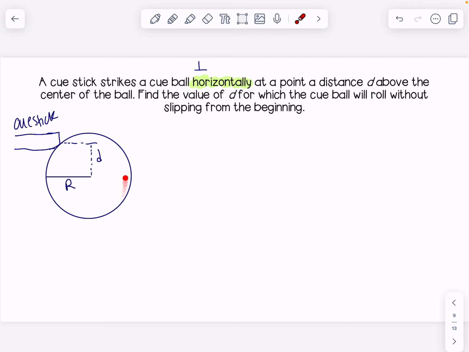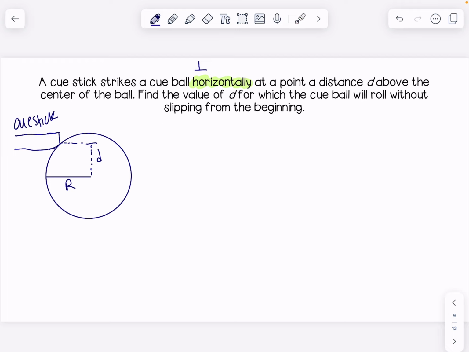This is going to represent my cue ball here. I know that I have some R out to the side, and we're actually going to see what that looks like in a second. I just sketched in some d because we don't know what it is. That's what we're trying to find. And my cue stick is coming here and hitting the ball in this way. Because it's asking us about the cue ball rolling without slipping,